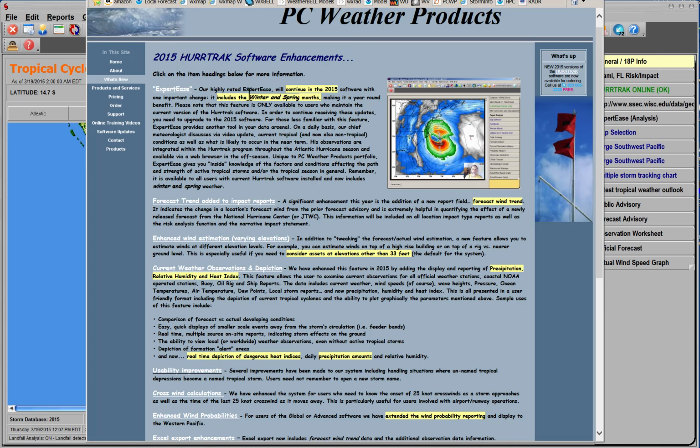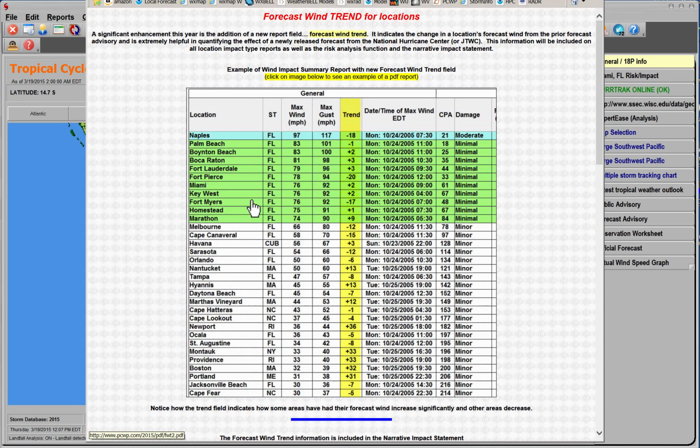The first feature that we're going to get into is really this forecast trend. And let me click on this so we can see a little bit more about it. I think this was a suggestion from a user that we thought had a lot of merit. A lot of folks like to know when they are running reports for their locations how this has changed from the last advisory. As a Katrina changes its forecast path, or an Andrew, or any storm,